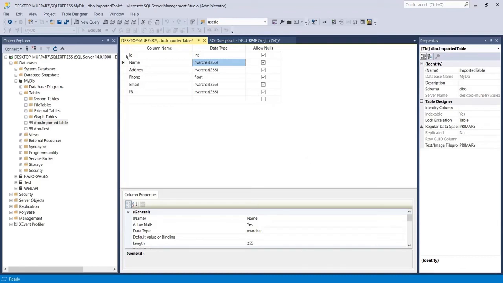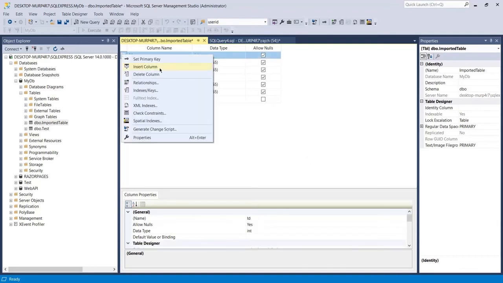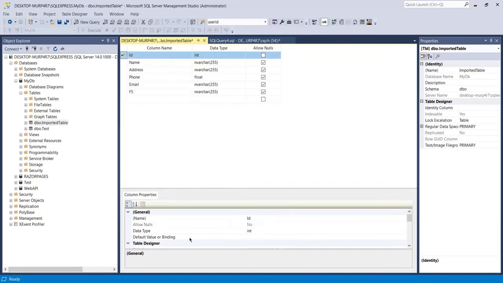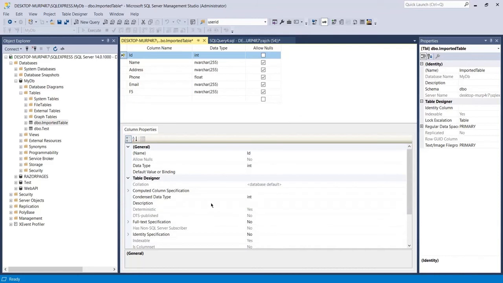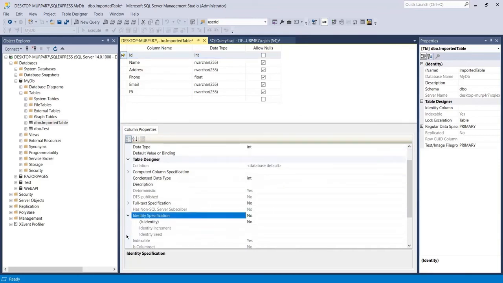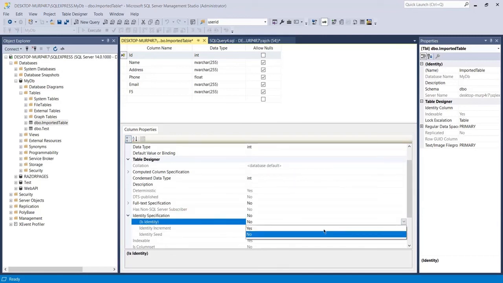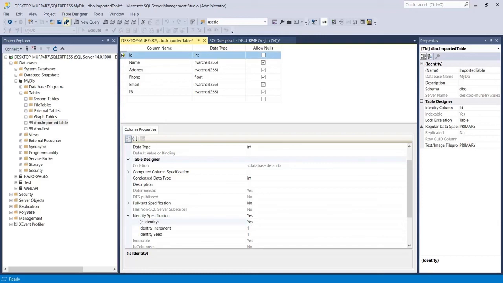Okay, and I will make this the primary key, and from here in the column properties section I will go to identity specification, and from here I will enable it, I will keep it yes. Okay, and then I will click on the save button, and you can see the table is saved now,